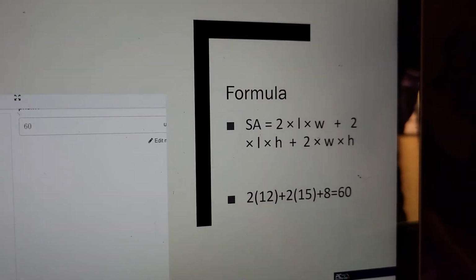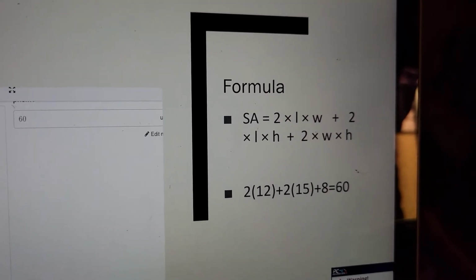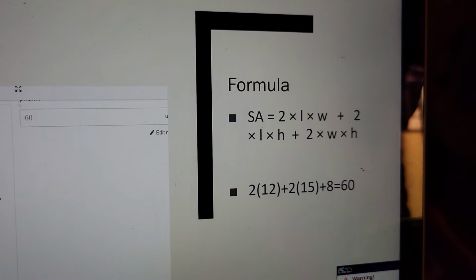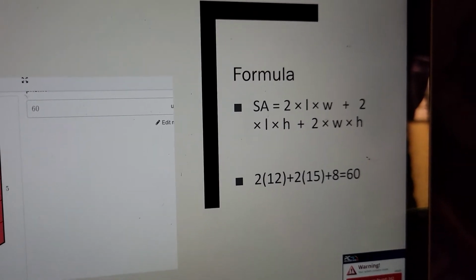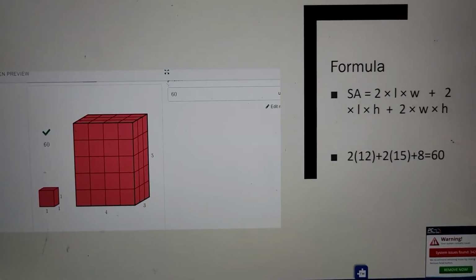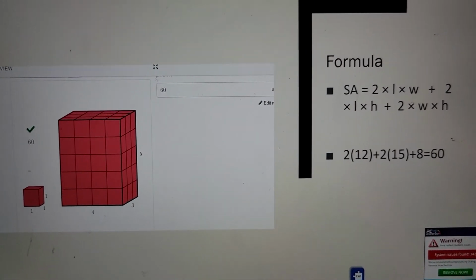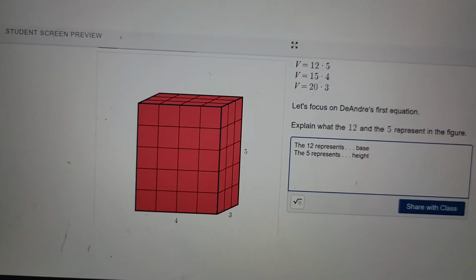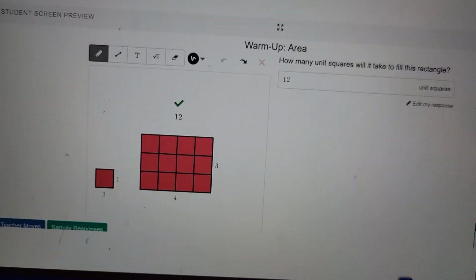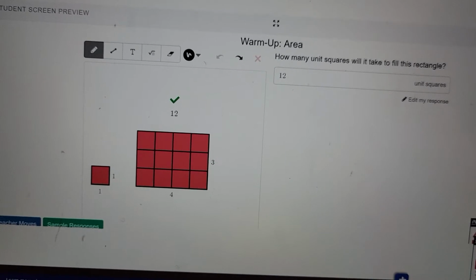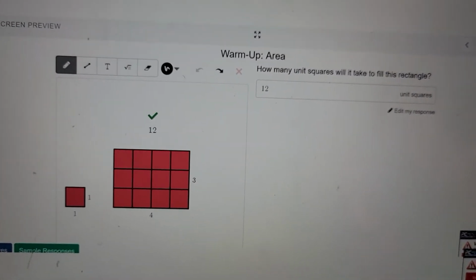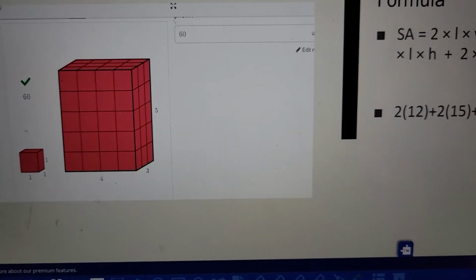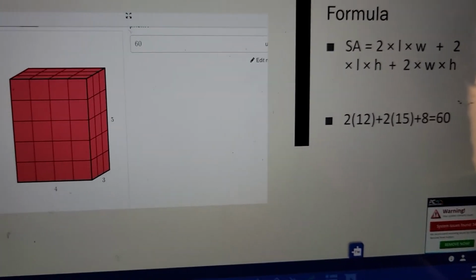So in order to find the surface area, you need 2 times L times W plus 2 times L times H plus 2 times W times H. So I applied that formula to over here, so it would be 2 times 12, which I got was 2 times 3 times 4, which is 12,